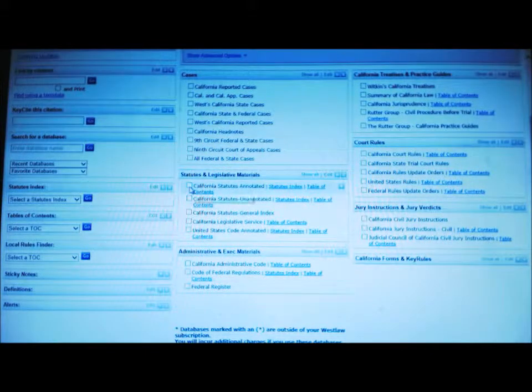I use the California statutes a lot, and they're annotated. And so if I was looking at a particular thing, there's 2 ways I can do it. I can go to the statutes index here, and it gives me the index as if I was actually looking in the book. Okay. So for example, if I had an issue with, I don't know, accidents, I could click on that, and it would give me all of the code sections here that deal with accidents. Okay, so admissibility of evidence is the first one in the evidence code, and I'll just look at that and I'll pull it up,